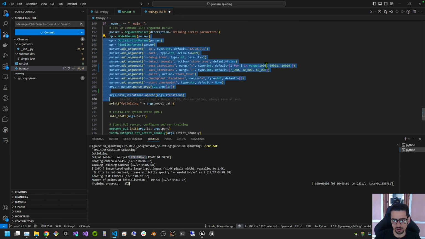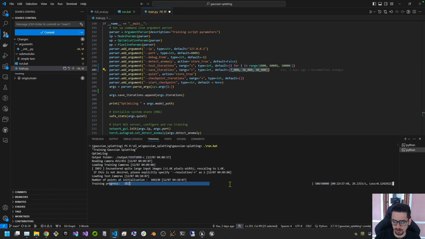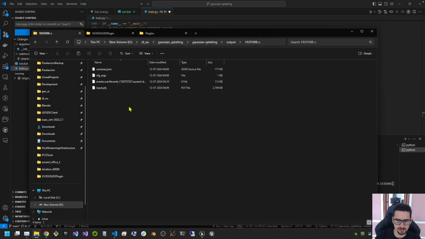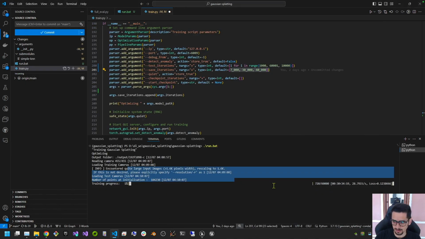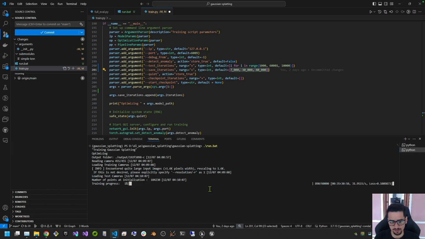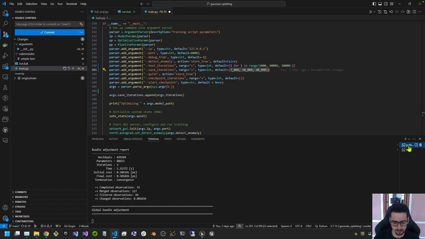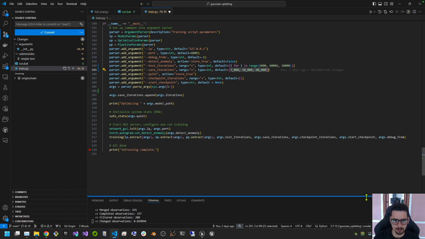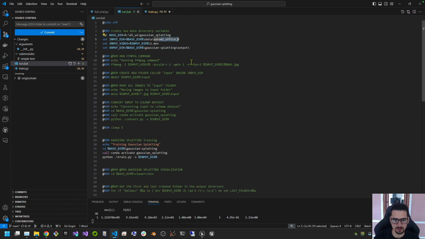we have set which iterations we want, 7,000, 30k, and 60k. Once the training process reaches 7,000, 30k, or 60k, these checkpoints will be saved into this folder. Again, this training part is going to take a lot of time, around 30 minutes. I'll show you the model which I have previously trained using exactly the same commands which I have shown you. For now, I'll just stop the training process and directly open the visualizer so that we can see the